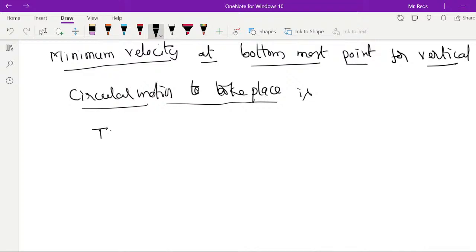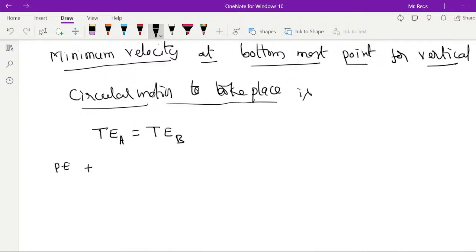So the total energy at bottommost point A should be equal to total energy at topmost point B. That means potential energy at A, you can write it as PE, or you can use the symbol U also,